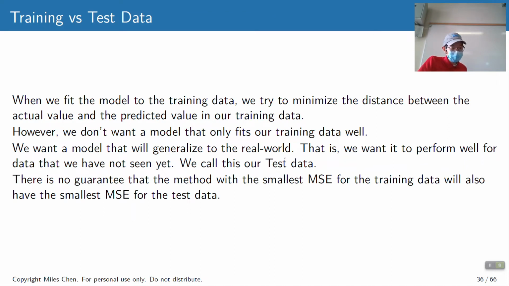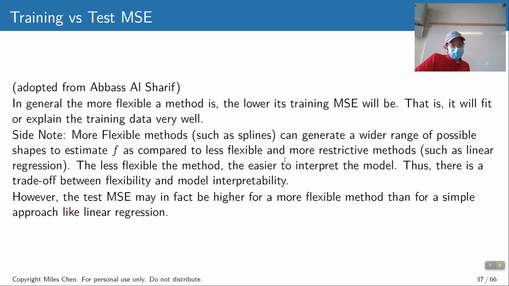But a lot of times we're going to measure our performance on the training data, and then we measure our performance on new data that it hasn't seen, and that's called our test data. And we want to measure the mean squared error, or the amount of error that we have there. And so we have some ideas here. In general, if your model is super flexible, you're going to have lower training mean squared error.